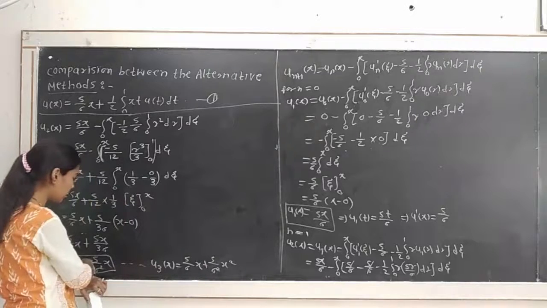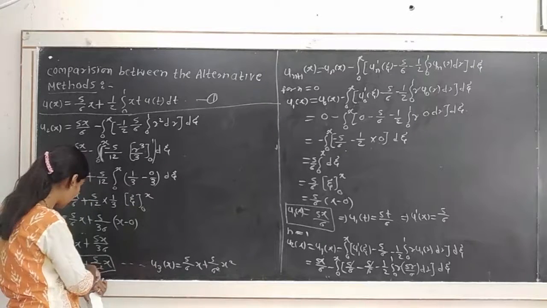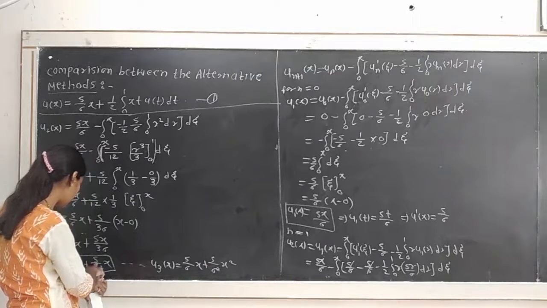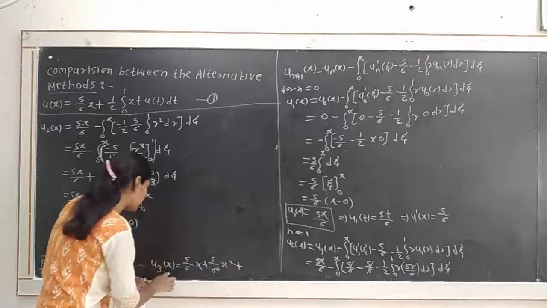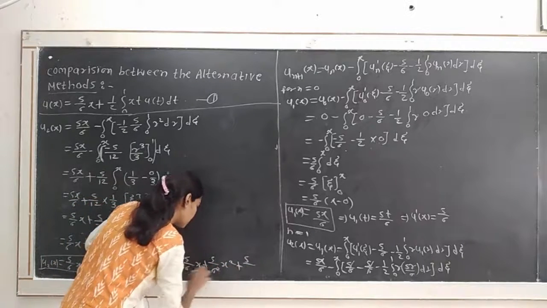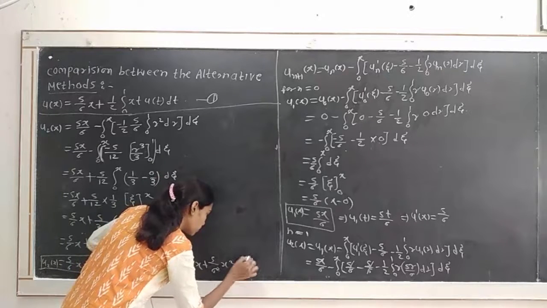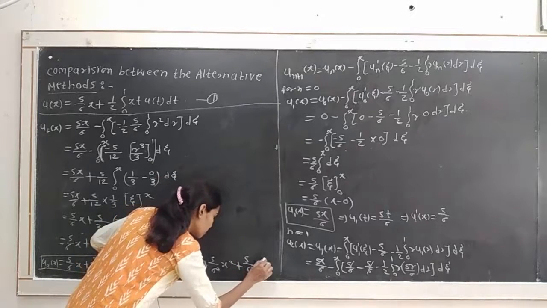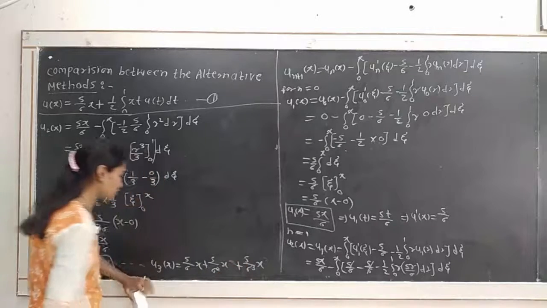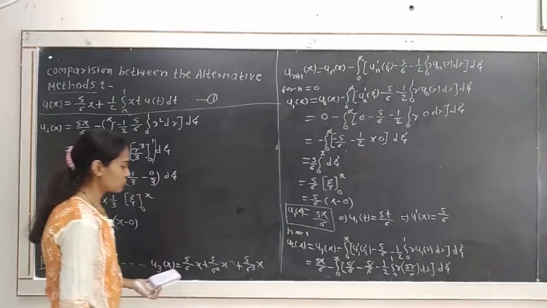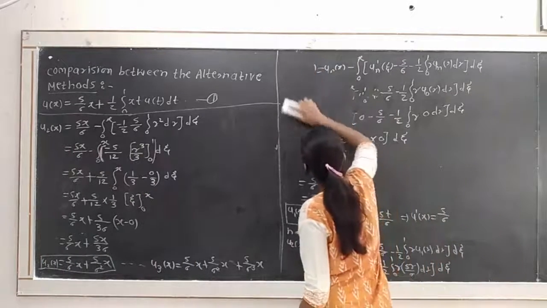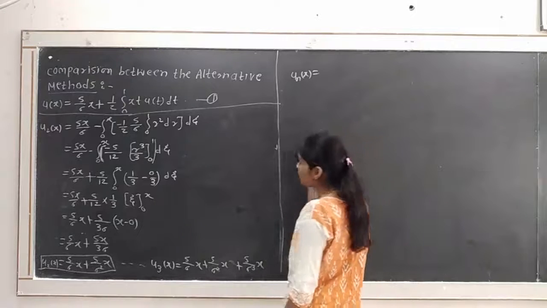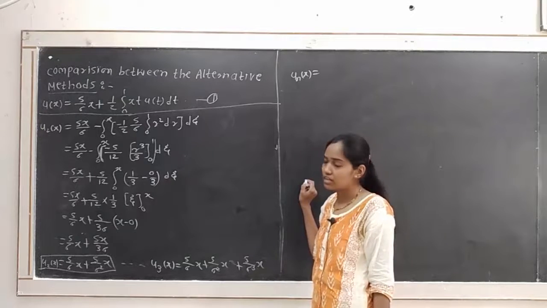That is, in the second component we have two terms, and the term added will be 5 divided by 6 square into x. That means we have the squaring of 6. So in u3 of x we have three terms, the first two terms as they are, and here we have 5 divided by 6 cube into x. So in this way we get u3 of x. And if in this way we find the nth approximation, in the variational iteration method we find the approximations.